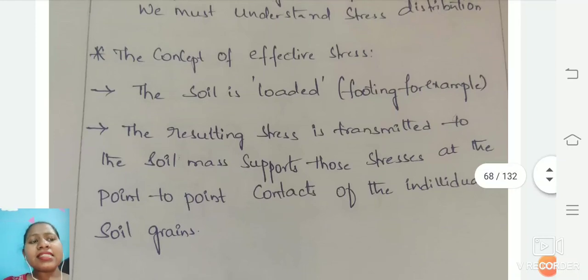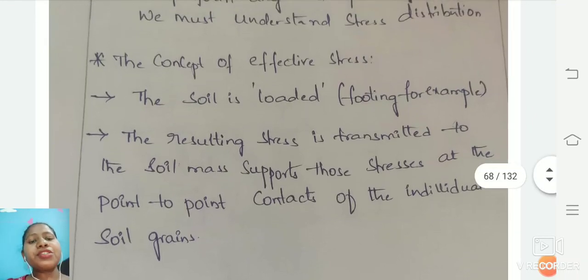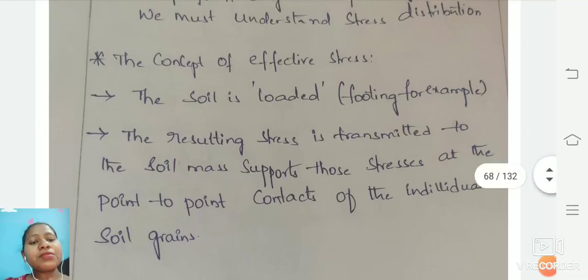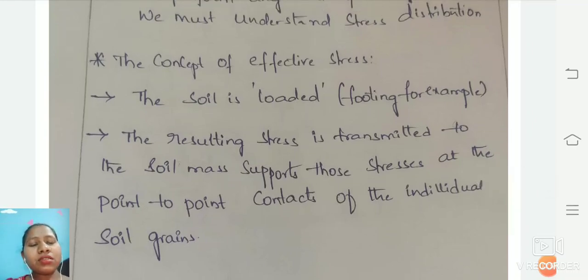And next is the result of this. That means whenever we are applying some load stress distribution to a footing, at that particular time there will be some transformation of the soil mass. That means the soil mass will be moving from one place to another place, so that the contacts of the grains will be taken into consideration. That means the porous space which is present inside the soil mass will be getting more strength whenever we apply stress. So this will be getting in the stress distribution system.